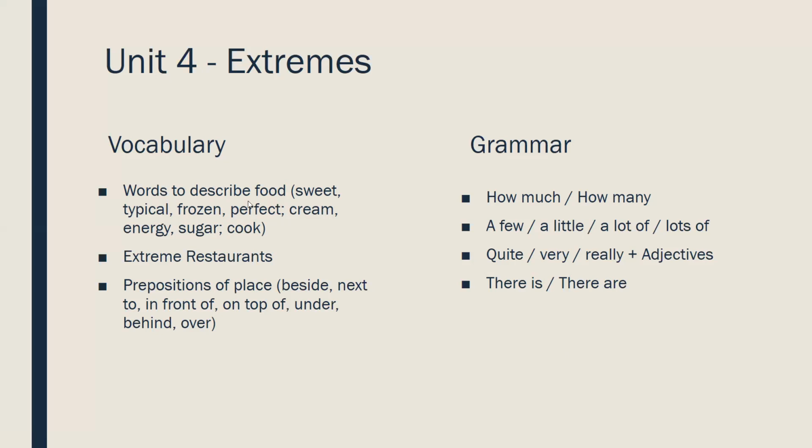So we used words to talk about food. Words like sweet, typical, frozen, perfect, cream, energy, sugar, cook, right? So that's why I put the images you saw on our page on Google Classroom. Examples of